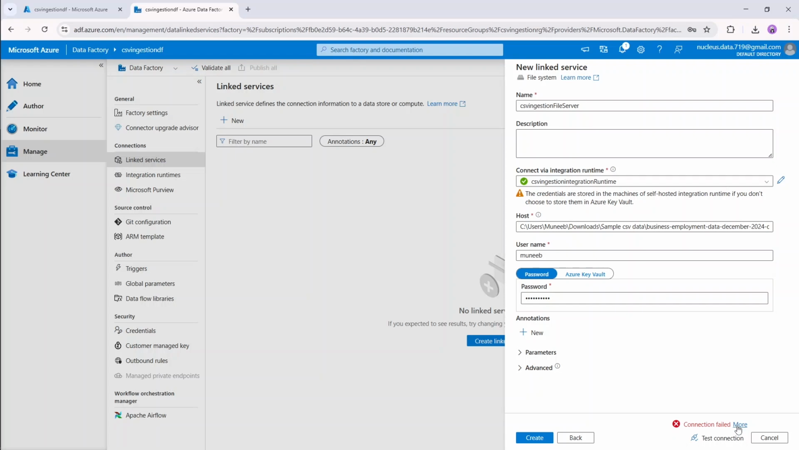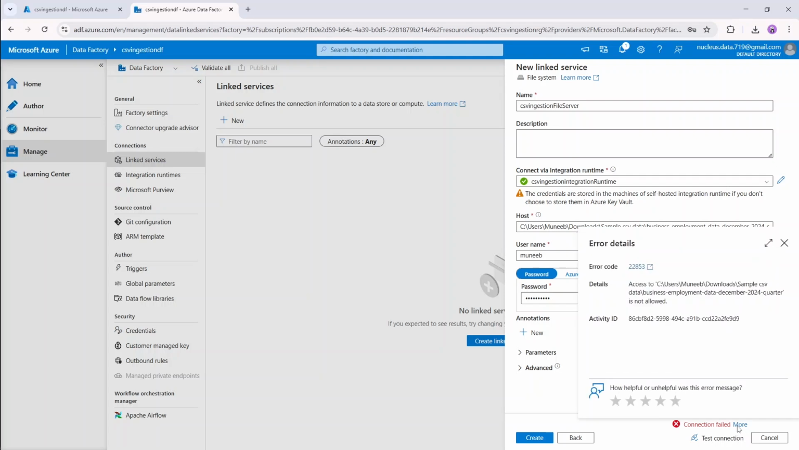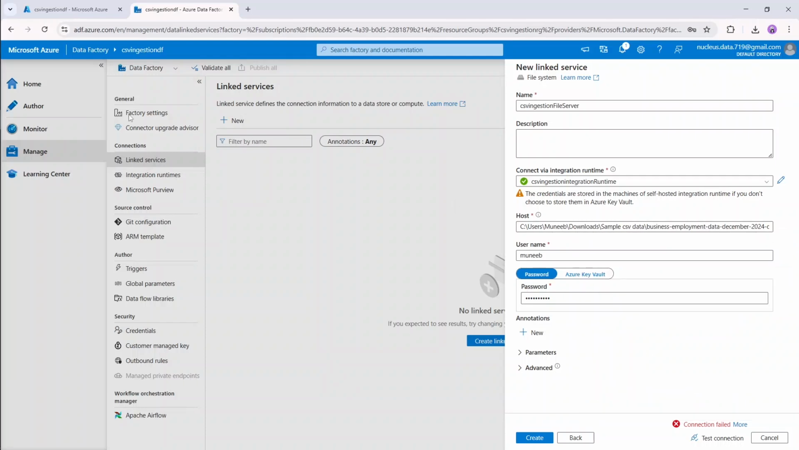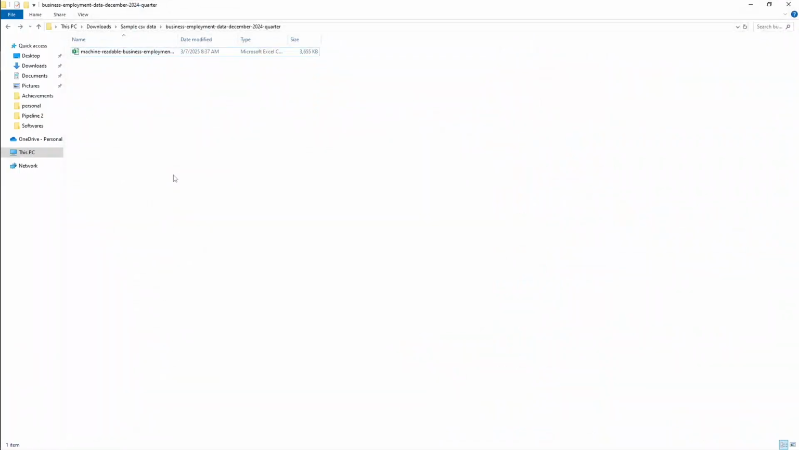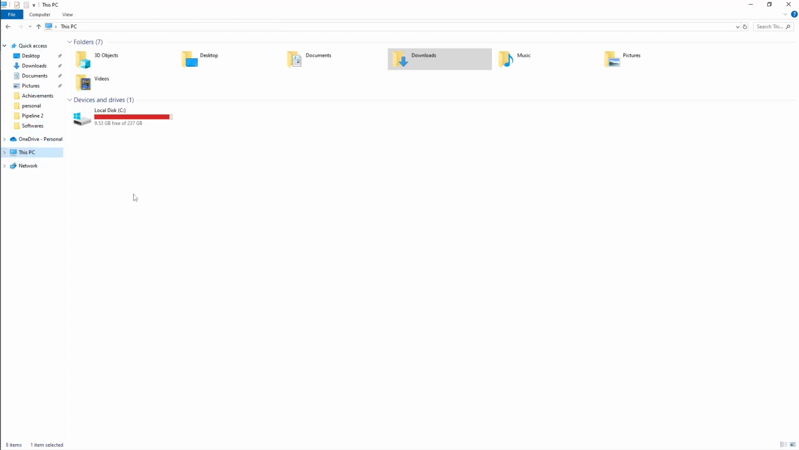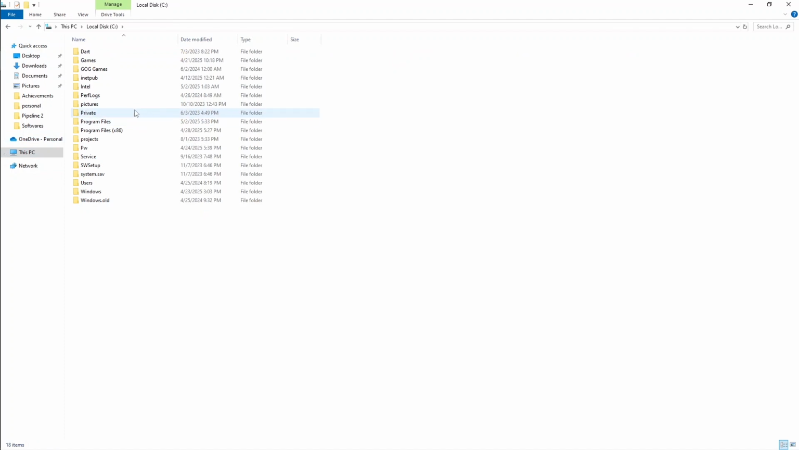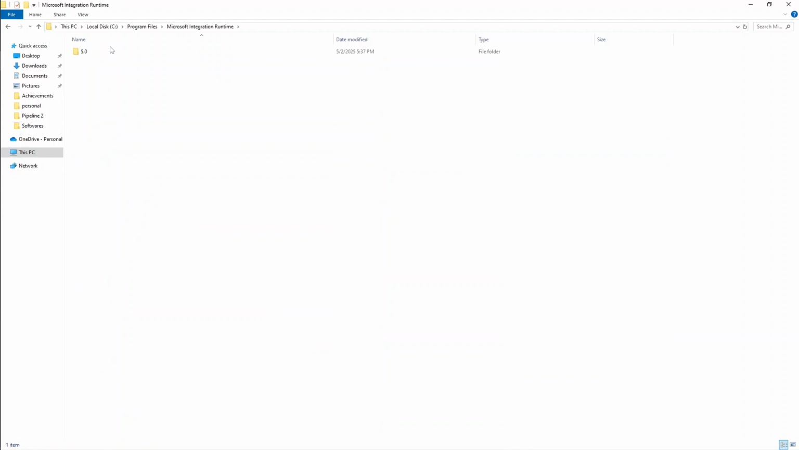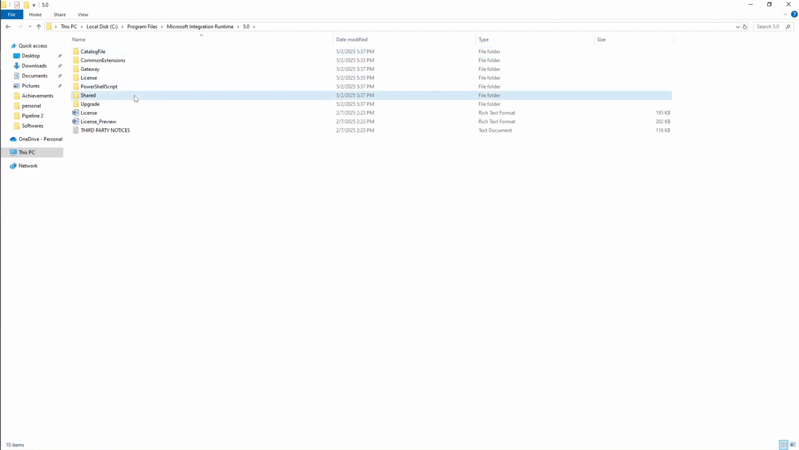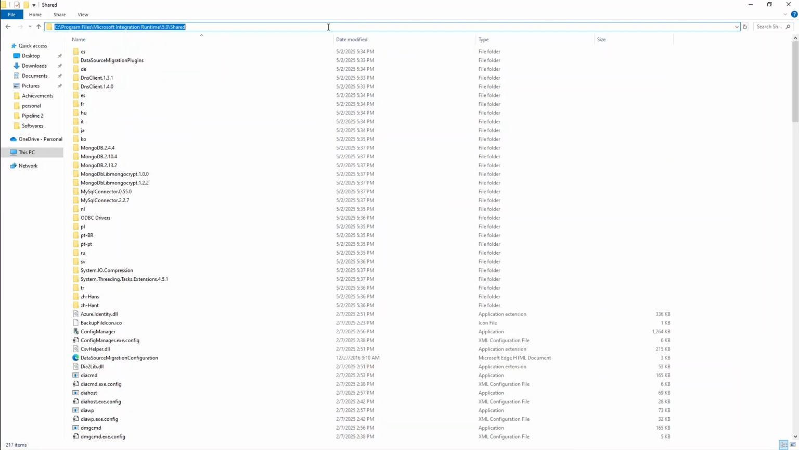You can see we got an error, and that is connection failed. And why is that? The location is not allowed. So what we have to do is go to the location of Microsoft Integration Runtime. For that purpose, go to This PC, Local Disk, Program Files, Microsoft Integration Runtime 5.0 and Shared, and copy this location. Now open PowerShell,